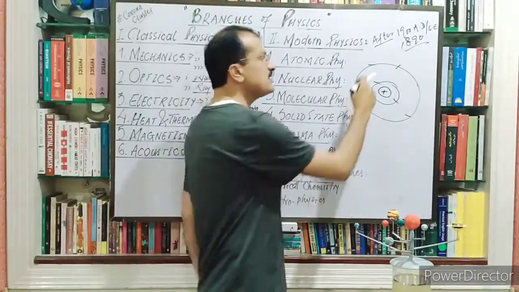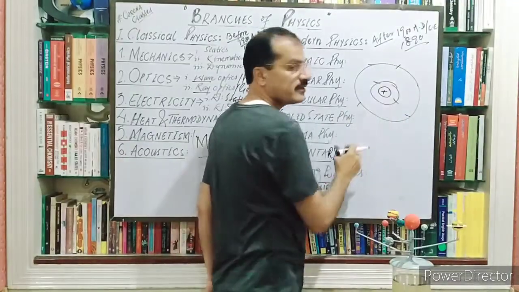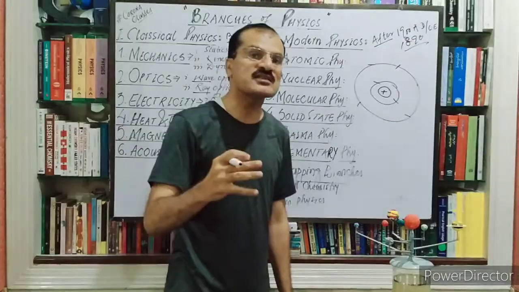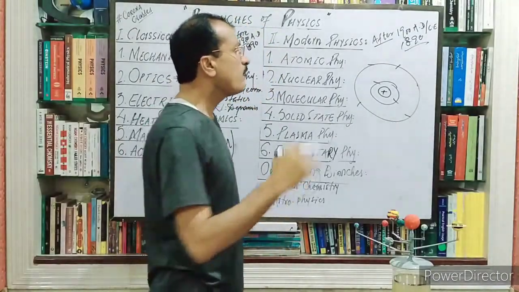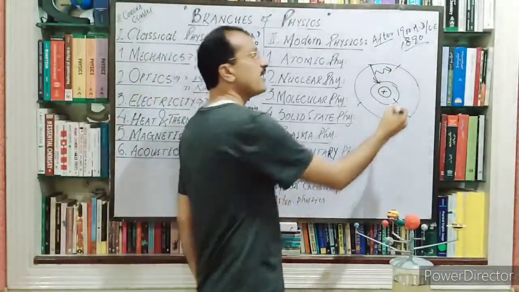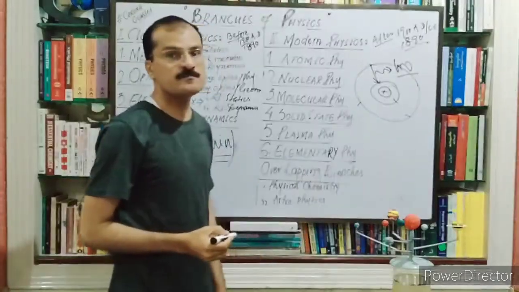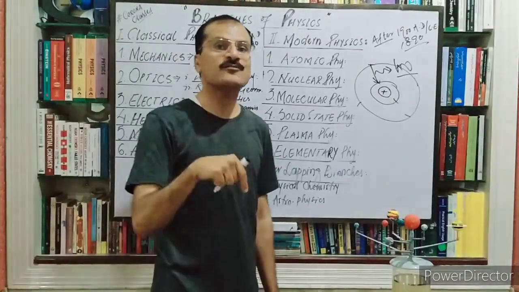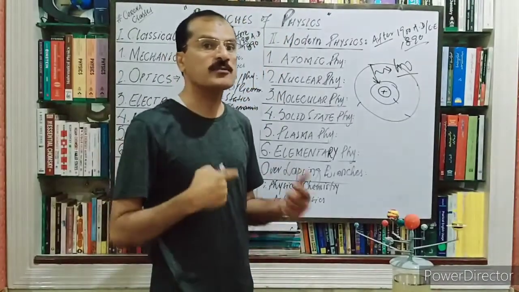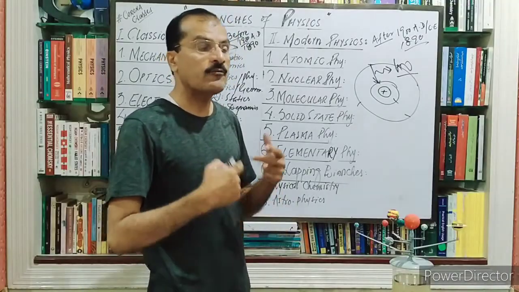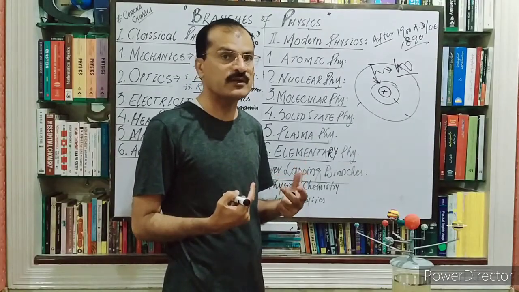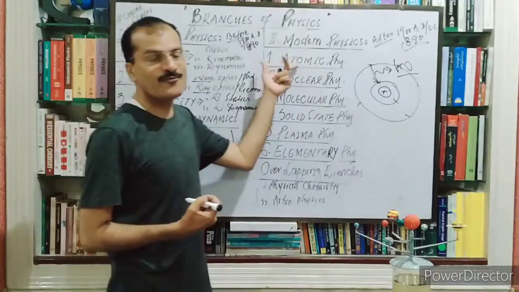Bohr said that these electrons are not revolving randomly, but in their fixed orbits. These are known as stationary states, also energy states. Whenever an electron jumps from a higher energy level to a lower energy level, it radiates energy in the form of photons. On the basis of these photons, Albert Einstein gave the concept of the laser. The laser is the most important and advanced technology of the present period, but the laser is the gift of atomic physics.